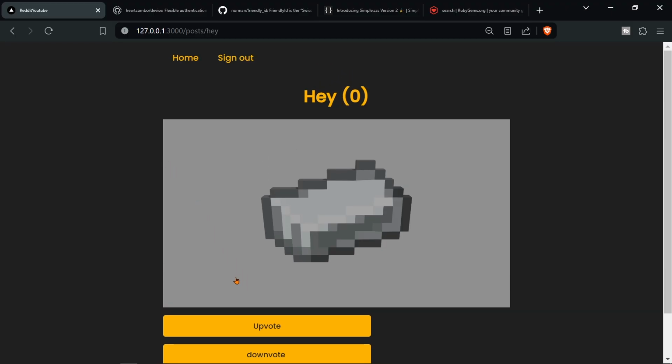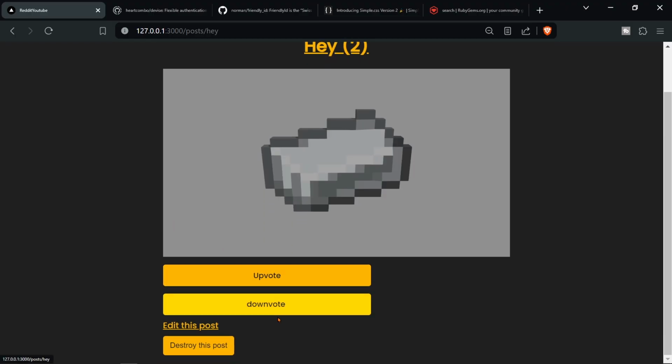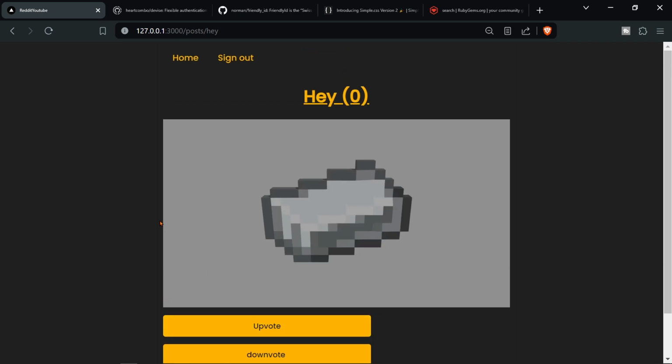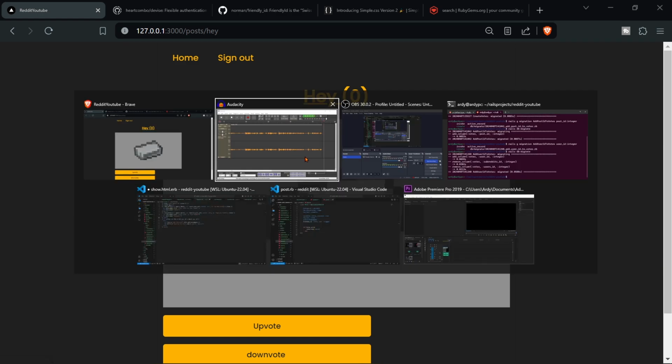Alright, so in the last video, we added the functionality of upvoting and downvoting posts, but in this video, we're going to add the functionality of commenting on posts. So we're going to be able to comment and delete our comment, and our comment is going to display our current user.email. So to do this, we're going to create a new model, and we're going to call it the